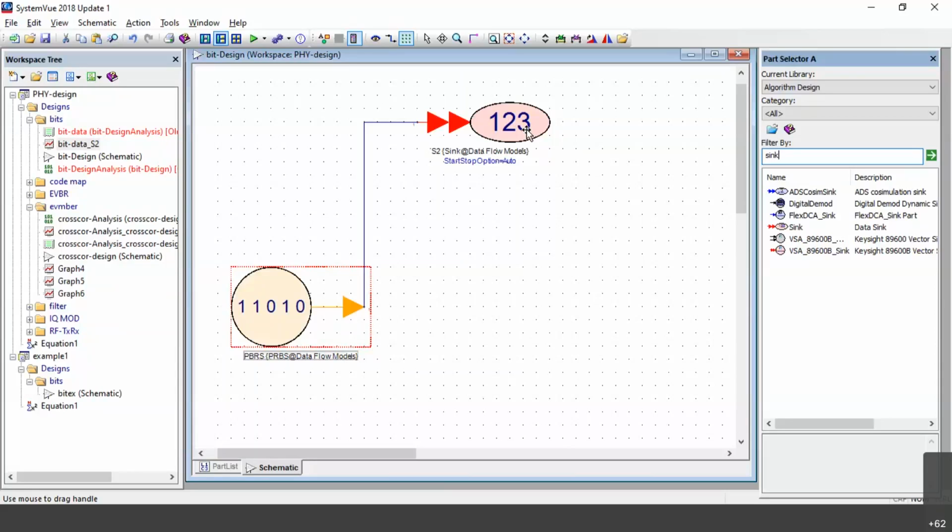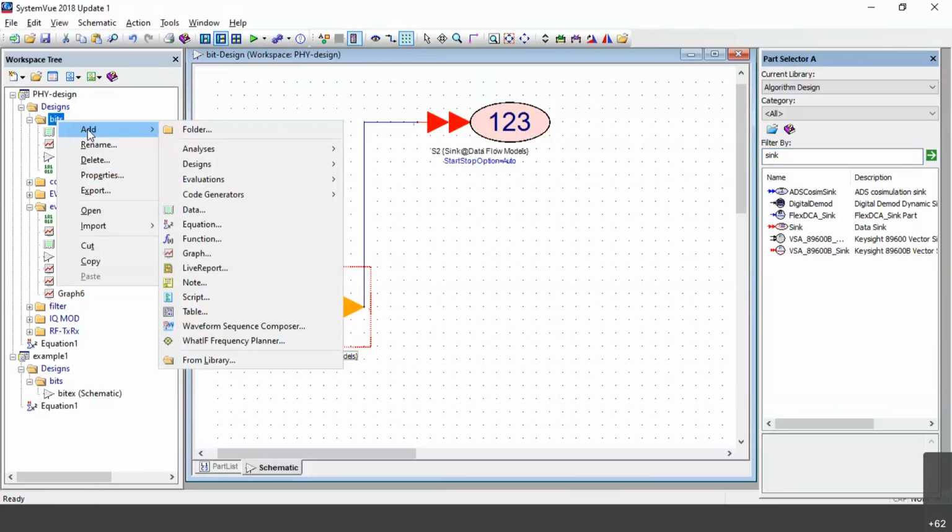Now I want to run. If you want to run the signal, either you can use it directly or you can run here. Right click on the bits, add, go for analysis, go for data flow analysis. We are going for data flow analysis.